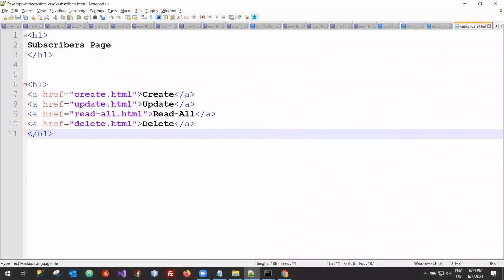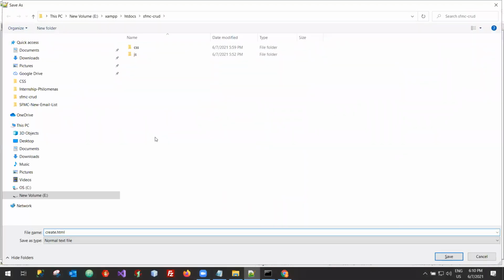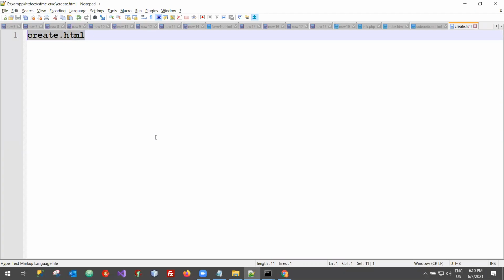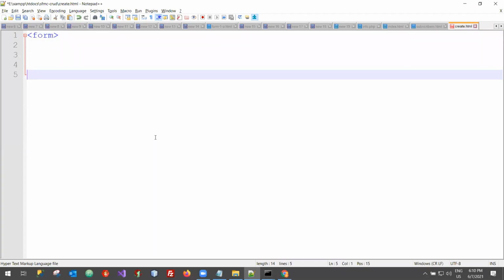Okay, I'll go with one simple task, creating. So I need one more HTML, a PHP, and rest. Don't worry about the other files. .html, and I need a simple form. Note that I'm typing every line now, but in future I won't do it. And this will take me to a method